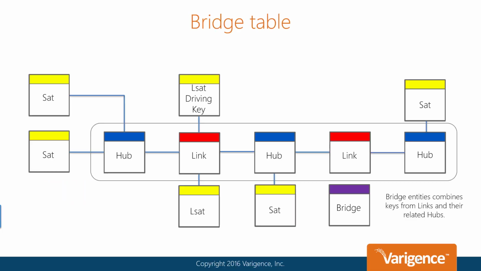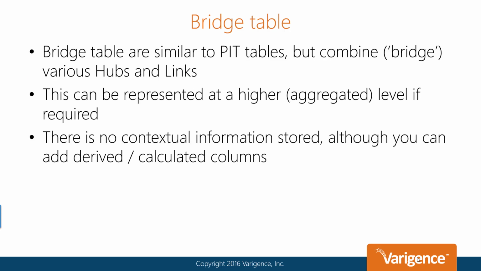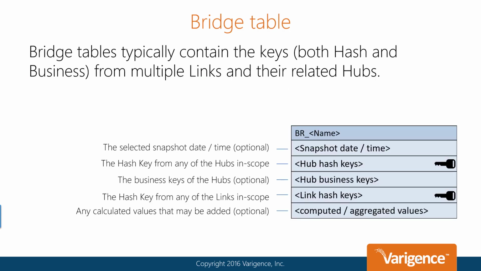Bridge tables. A bridge table is a helper construct that joins a hub to its attached links and onwards to attached hubs. This table makes it easy to query all relationship data for a core business concept and get all other attached core business concepts. The bridge table includes all connected hash keys. The default BimlFlex build behavior is to join from a hub to attached links to attached hubs and include all